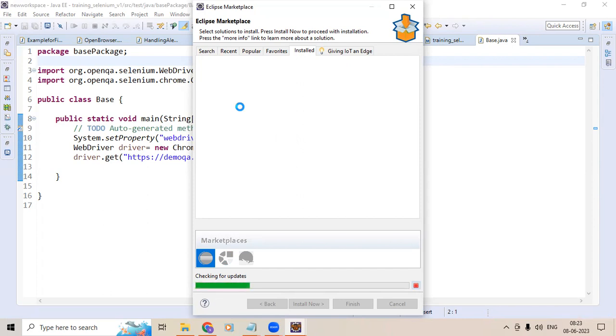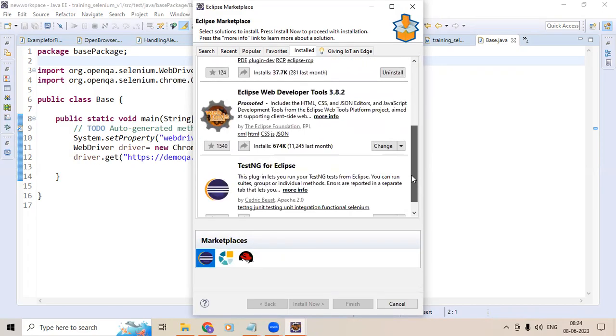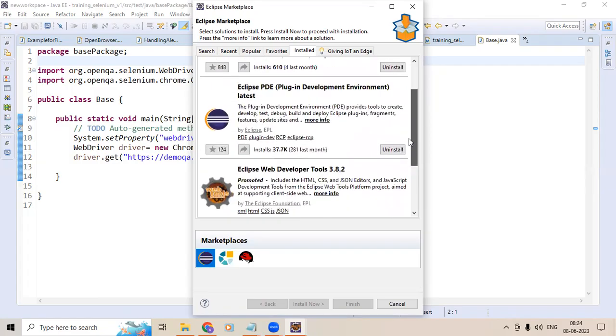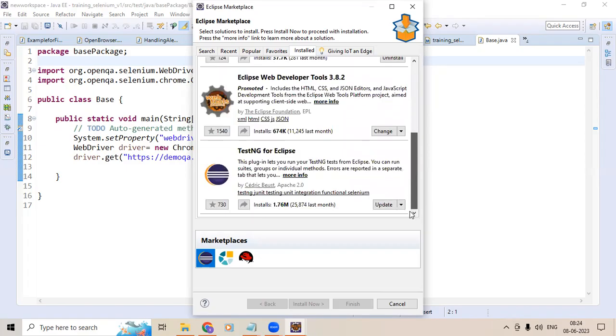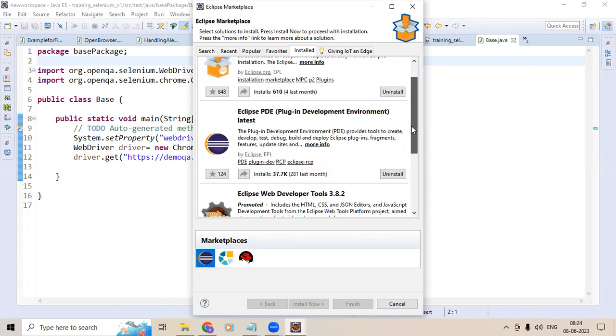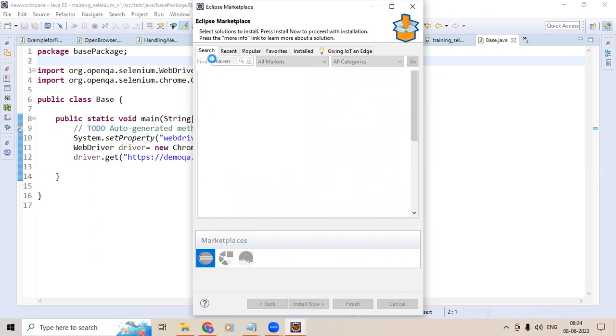So there are two ways to install Maven. One is through Eclipse Marketplace, and another one is you can download and extract that zip file, and we need to set the path. Okay. So in my system, I have downloaded the zip file. So when it comes to Eclipse Marketplace,